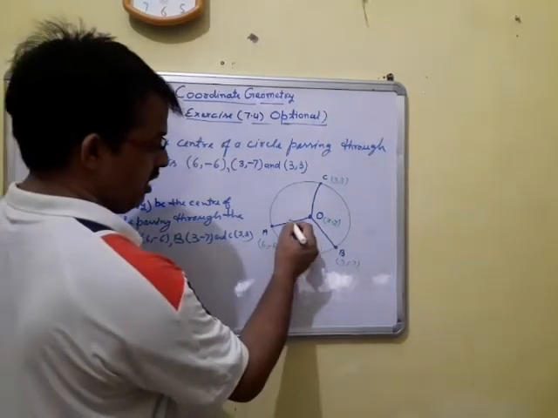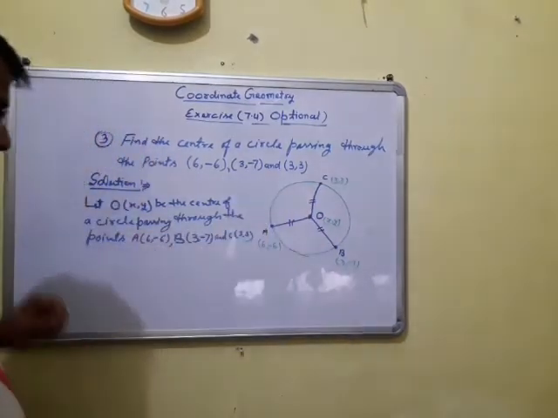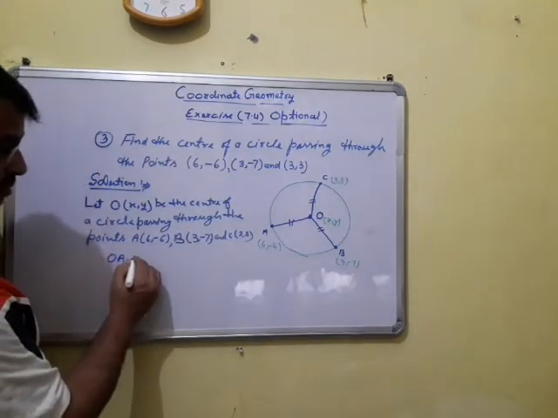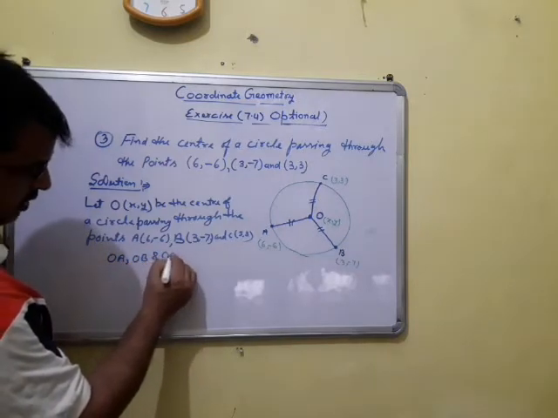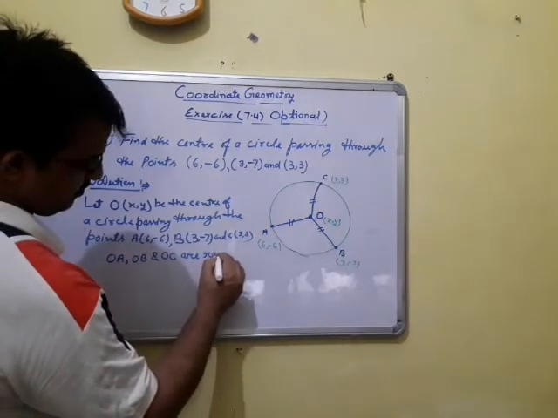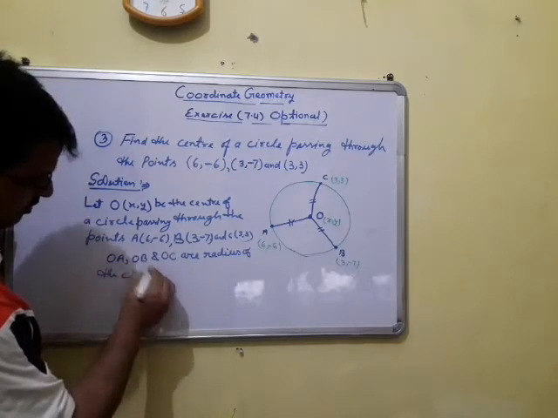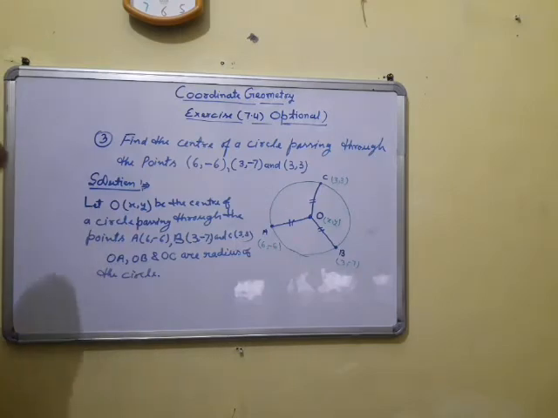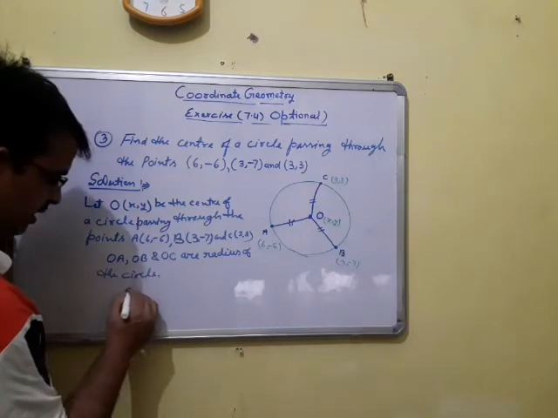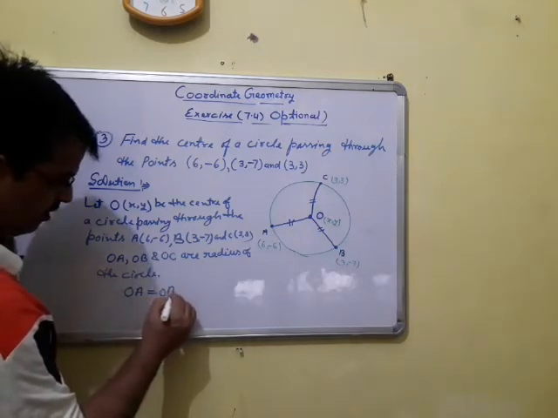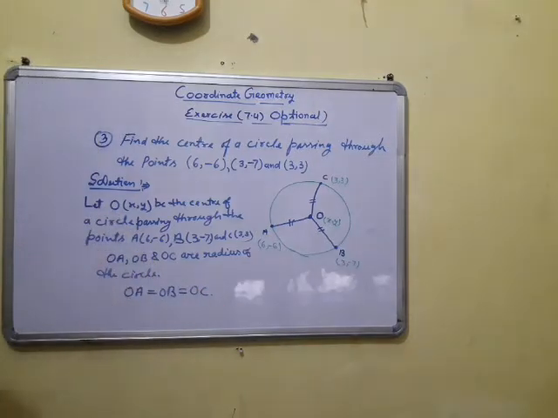अगर इसे हम देख लें, ये क्या है, these are the radius of the circle, clear। तो OA, OB and OC are the radius of the circle. किसी भी सर्कल के जो रेडियस होंगे वो क्या होंगे, all radii are equal, clear। So OA is equal to OB is equal to OC. First we are taking OA is equal to OB, clear।